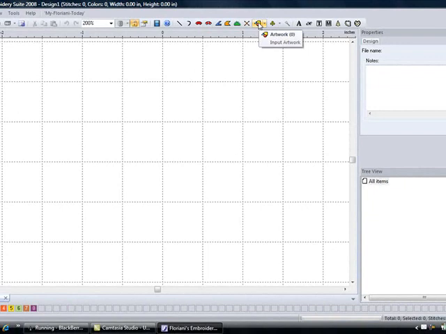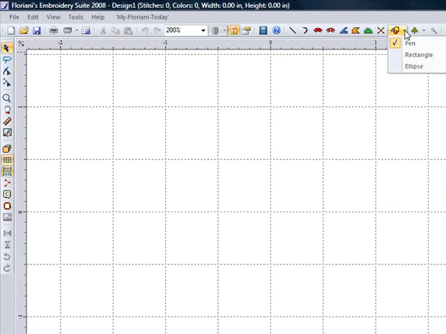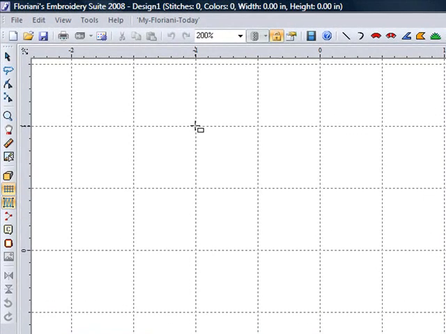The next step we're going to follow is we're going to come up to the top toolbar and we're going to our artwork tool. Now there is a little drop down arrow next to that tool, and we are going to left mouse click on it. That is going to allow us to select the rectangle, and you'll notice my cursor has now changed to a crosshair with a rectangle. I am going to draw a box on the screen by holding down my left mouse button, and I am going to drag this box down, and then as soon as I let go of my left mouse button,